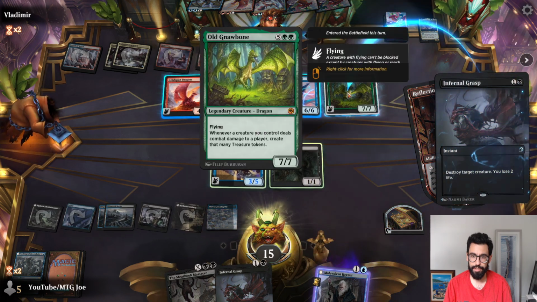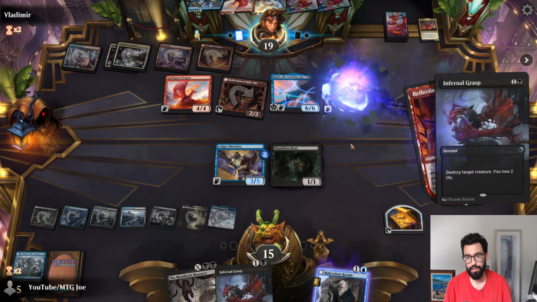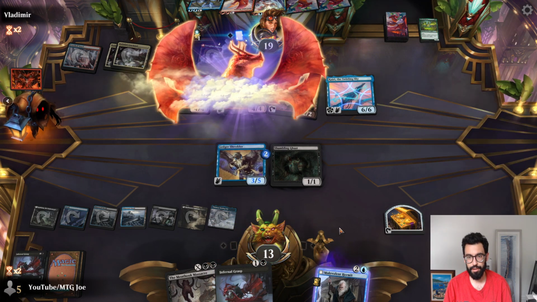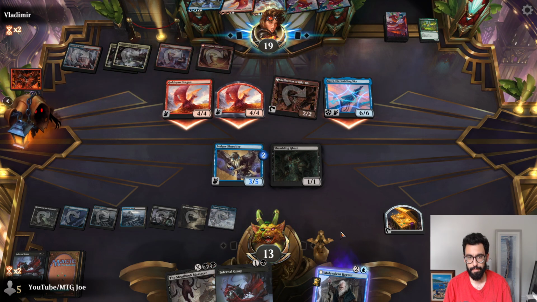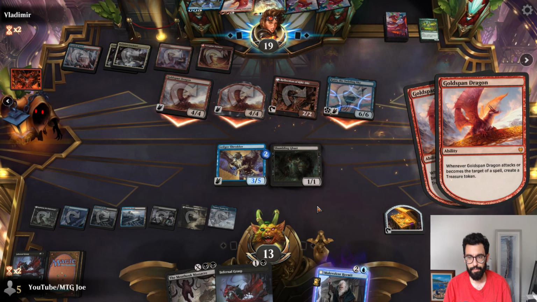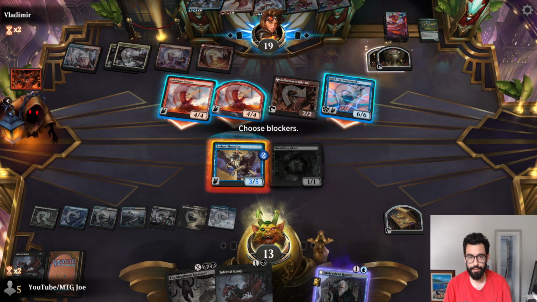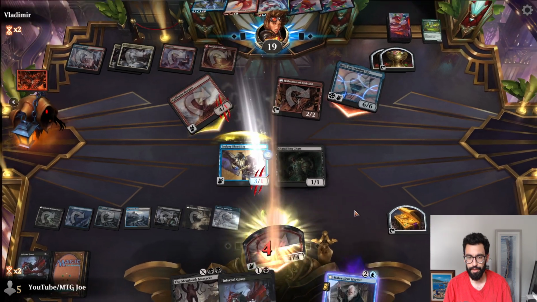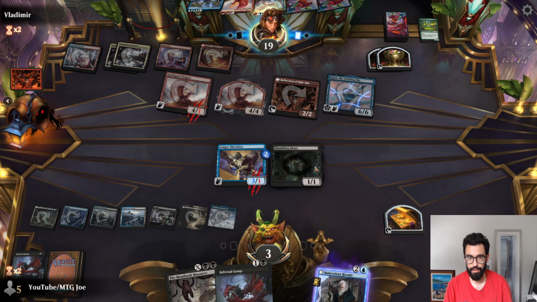You know, I actually need to kill this. I can't let him get that many treasures. So we're going to take a hit here. There's just too much off the old Gnawbone there. Oh, we're just dead to...